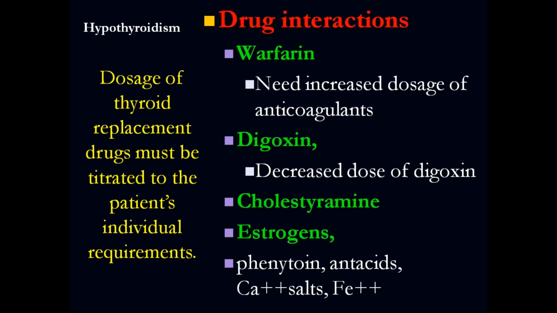All right, so here we have drug interactions. Warfarin: need to increase the dosage of anticoagulants. So the warfarin needs to be increased in dose. How do we check the warfarin? With PT, right, or INR. Digoxin: decrease the dose of digoxin. Cholestyramine is a bile acid sequestrant. Estrogens,